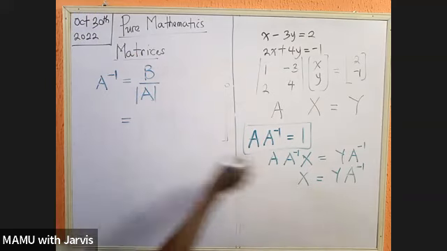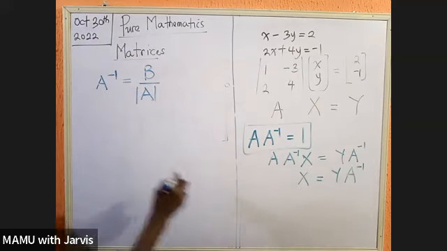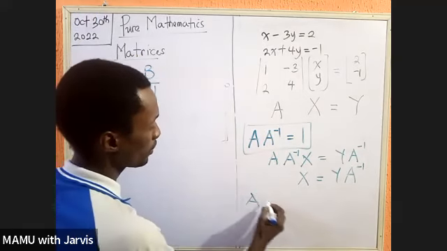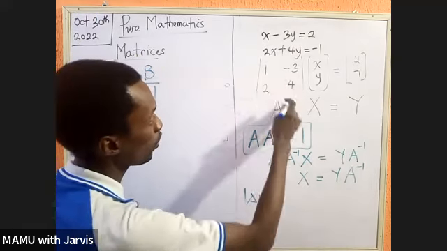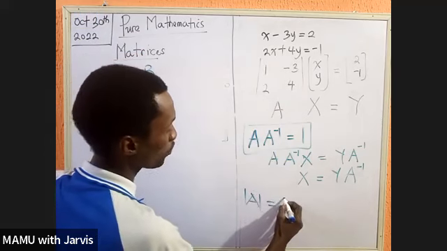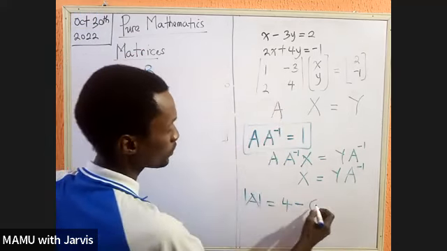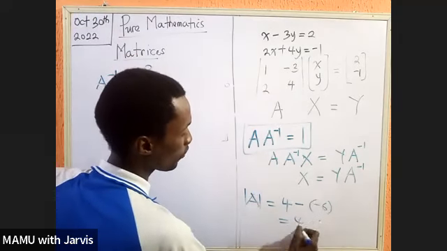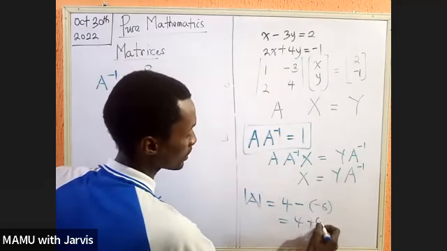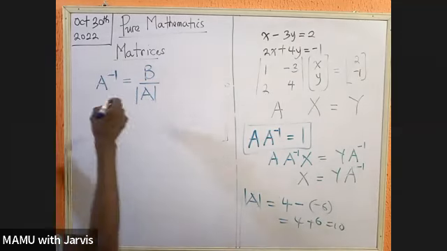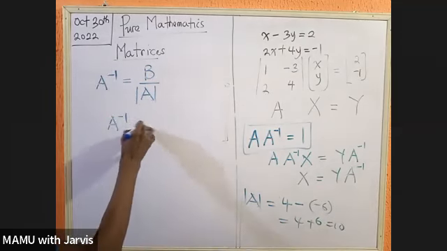So what is the determinant of A? Let's get what A will be. The determinant of A will be equal to 1 times 4, which is 4, minus 2 times negative 3, which is negative 6. And this becomes 4 plus 6, and that is 10. So in fixing this here, I'm going to have the inverse matrix to be equal to